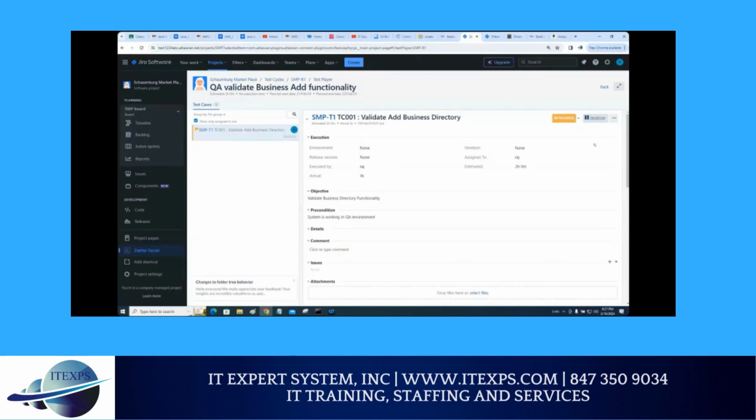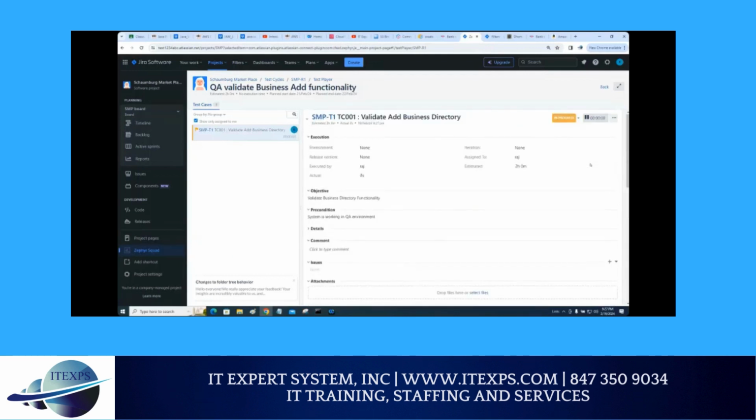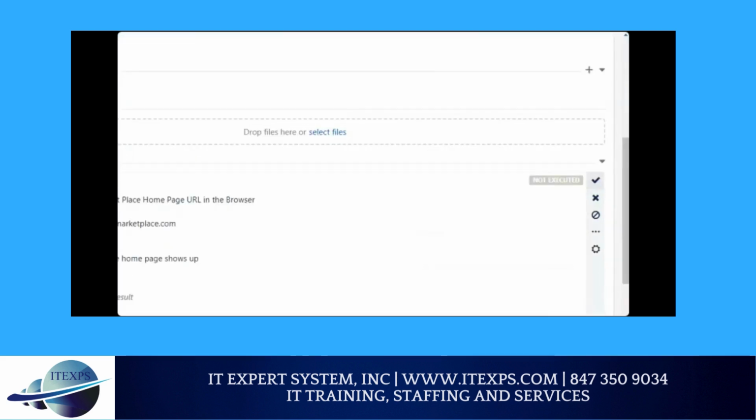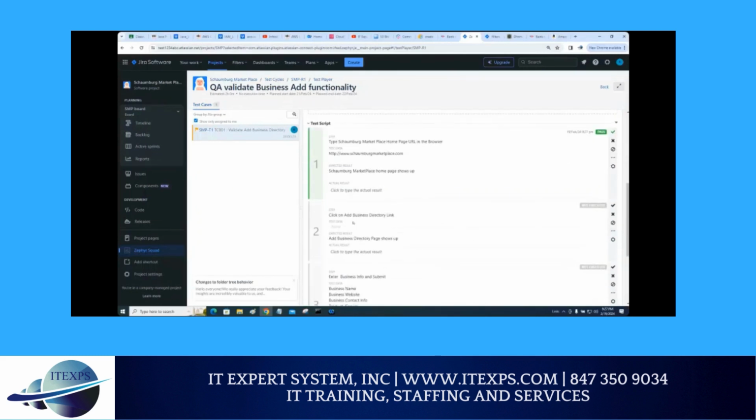And you scroll down and now you're going to say, this is the manual. You will be doing this exercise. You will read here, you open the browser and you say, okay, browser shows up. So you can, your 4 or 5 choice. You type the browser, sample place showed up. So you can say pass. So you click on that pass. So it's pass. Then you go to next step and say add business directory link, click on that and say,